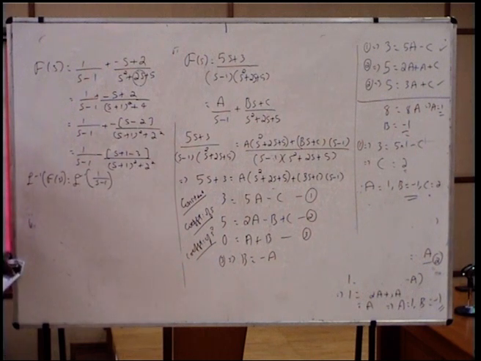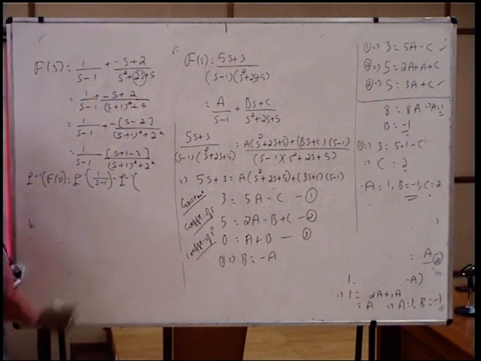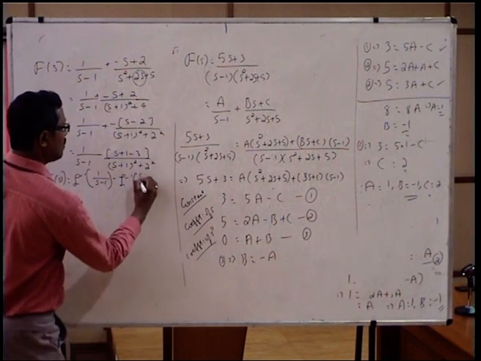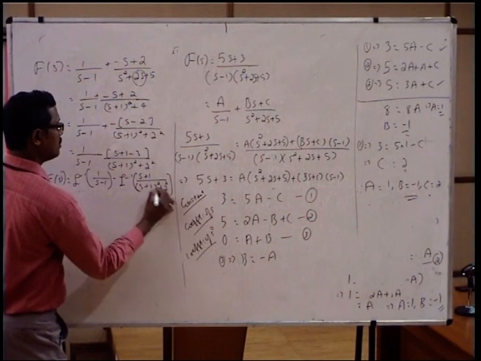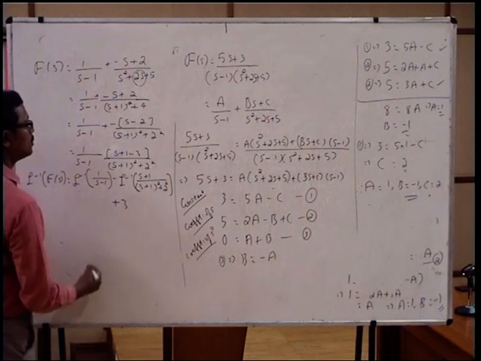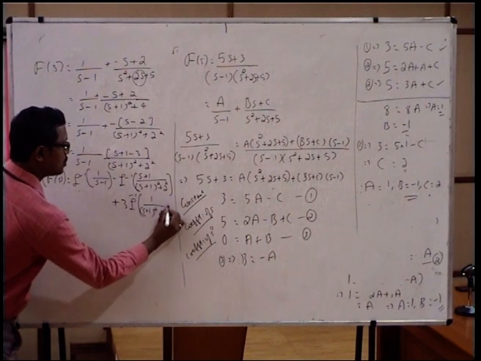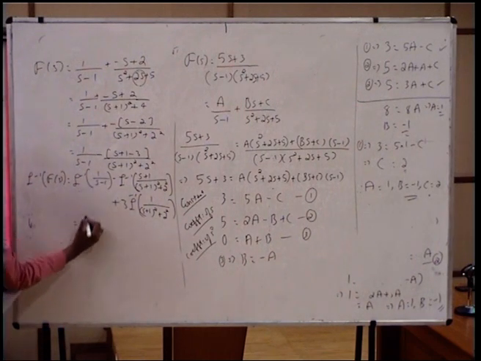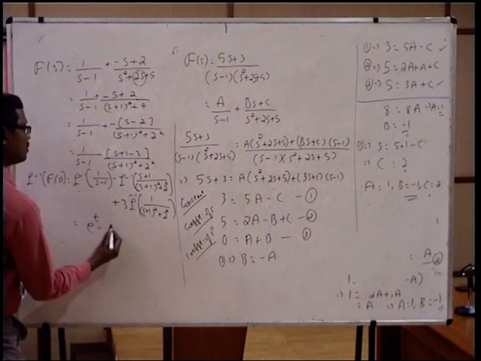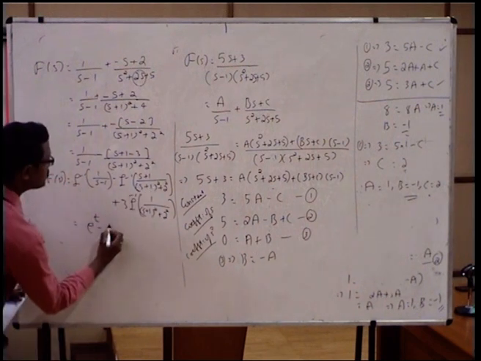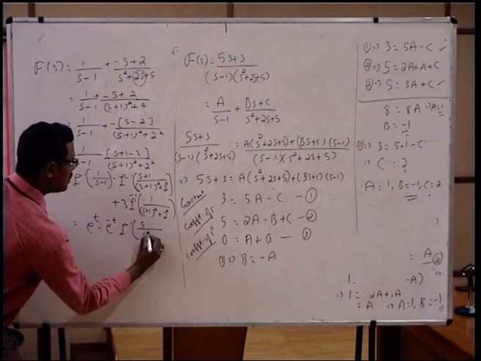Therefore, L inverse of f of s equal to L inverse of 1 by s minus 1, L inverse of RHS, and apply the linearity property of inverse. You can write this as L inverse of 1 by s minus 1 minus L inverse of s plus 1 divided by s plus 1 the whole square plus 2 square, again minus into minus is plus, 3 into L inverse of 1 by s plus 1 the whole square plus 2 square, or it is equal to inverse transform of 1 by s minus 1 is e raised to t, minus, here if you take exponential outside, this becomes e raised to minus t into L inverse of s by s square plus 2 square